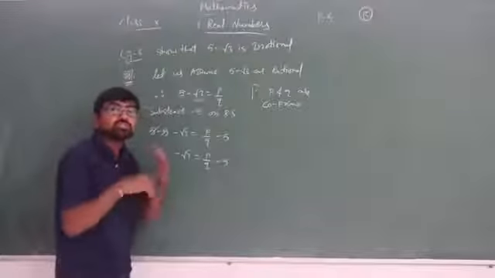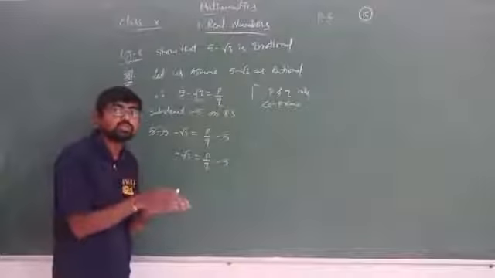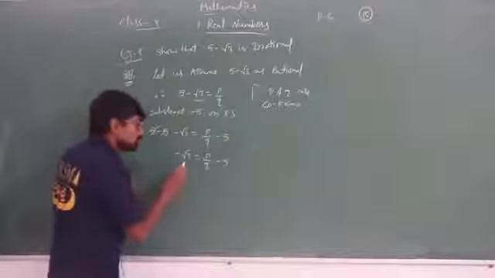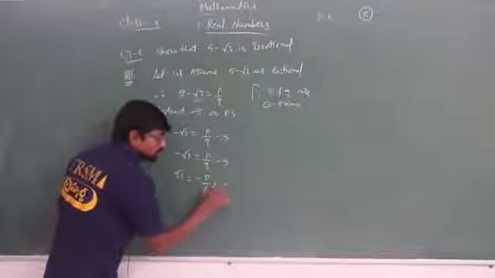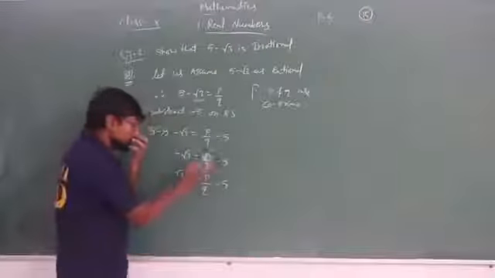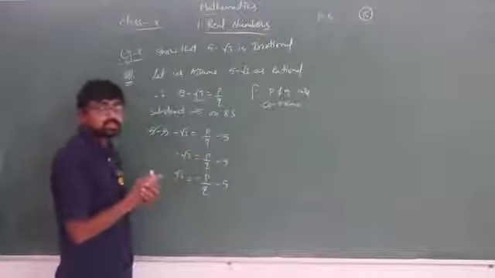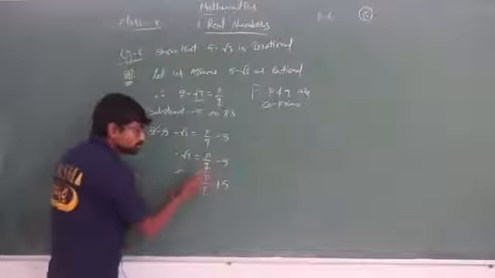So what do we need to do? Change the symbol. If we have negative, we convert it into positive. If we have positive, we convert it into negative. So here it will become root 3 equals minus of P by Q minus 5. Why? I am taking minus common. Whenever I take minus as common, the minus signs get cancelled, so here it will become plus, isn't it?